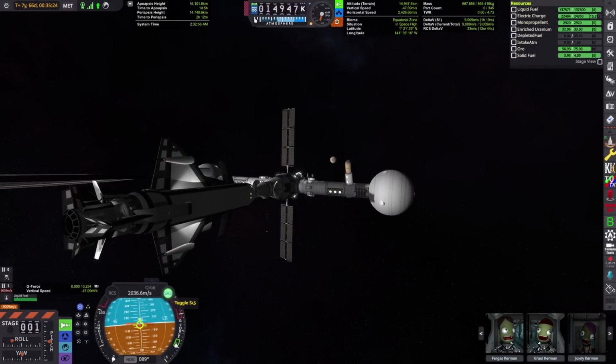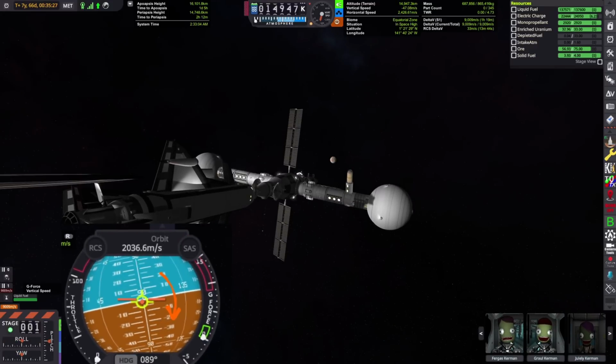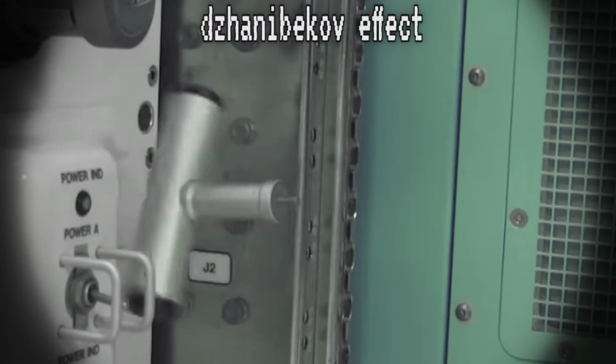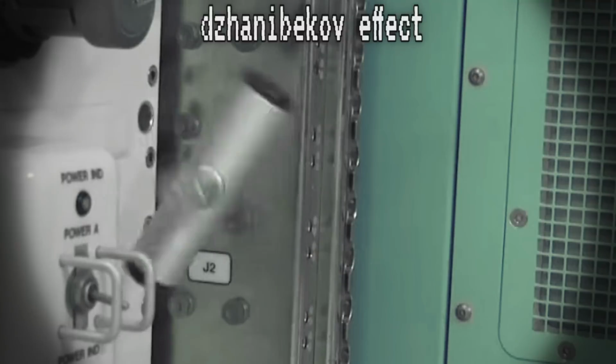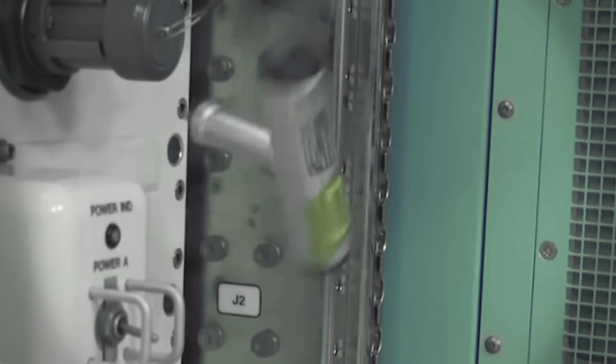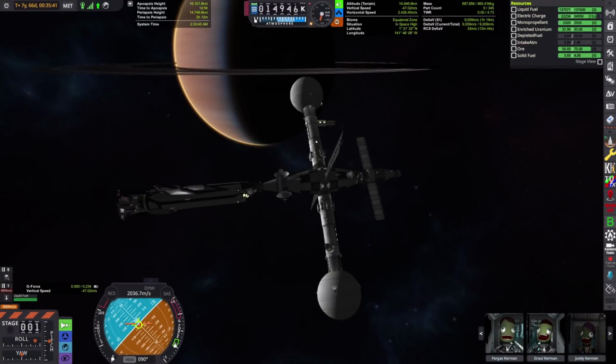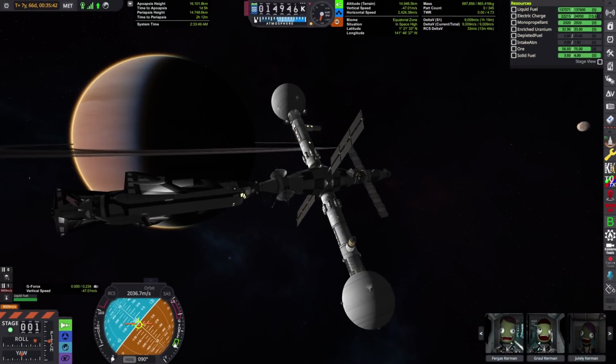We're going to do this by holding prograde and rotating the station. One thing I didn't intend to happen, though, was this. This very famous video is showing the Dzhanibekov effect, aka the tennis racket theorem, which basically just means that any object roughly shaped like this T-handle is going to flip back and forth like it is. And it just so happens that our ship is exactly shaped like that T-handle, so it's going to go back